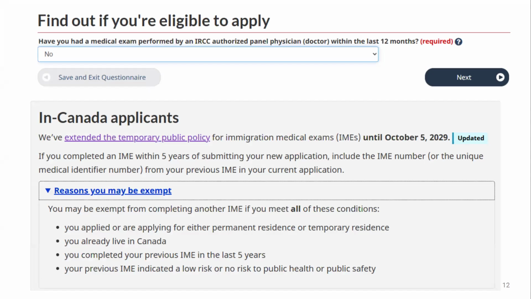Depending on your situation, if you have done a medical exam in the past 5 years and you're applying in Canada, you can say yes to this question and attach your old e-medical form